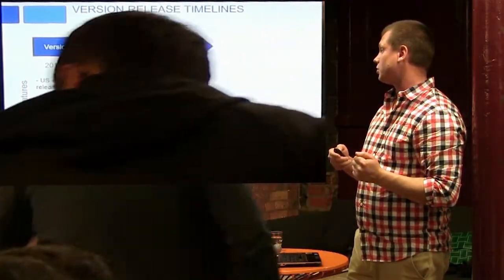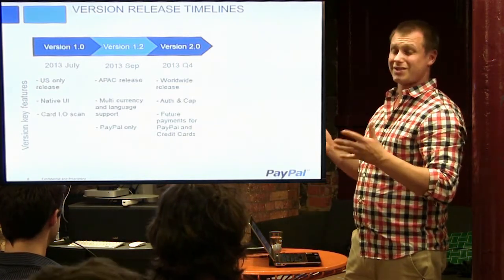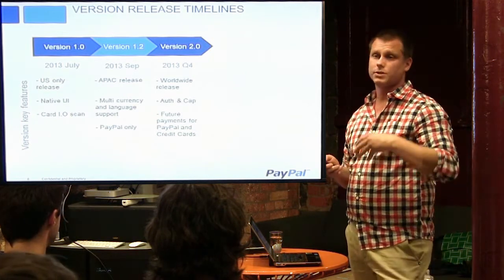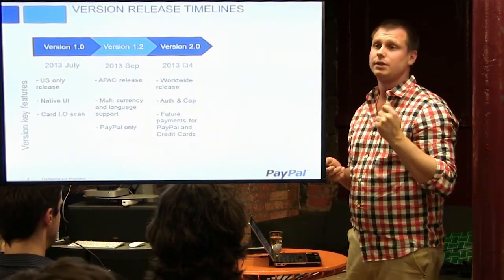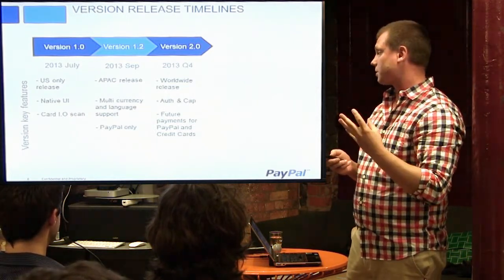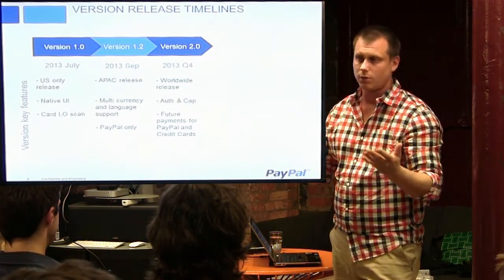So version 2 will be Q4 2013, will be worldwide released, the same version all over the world. It will contain auth capture. So right now we currently only have a sale model. That means that everything is a straight sale. You process something, it goes and it takes the money right away. Auth capture model is that you're authorizing a certain amount and later on, inside a flow or outside a flow,